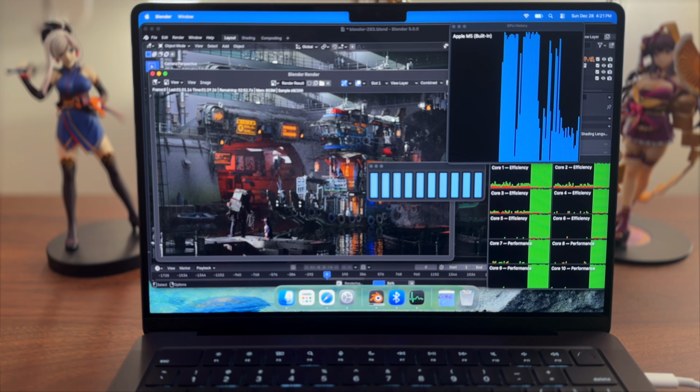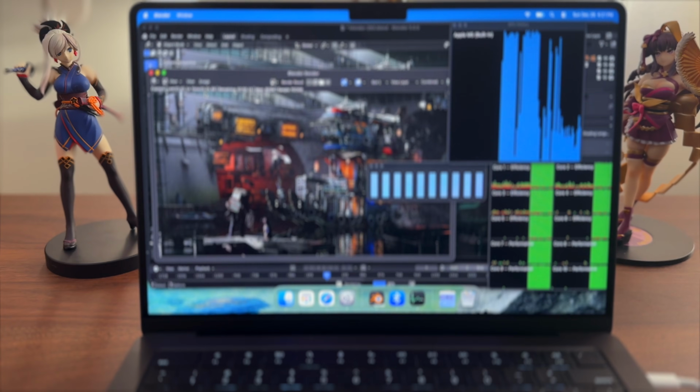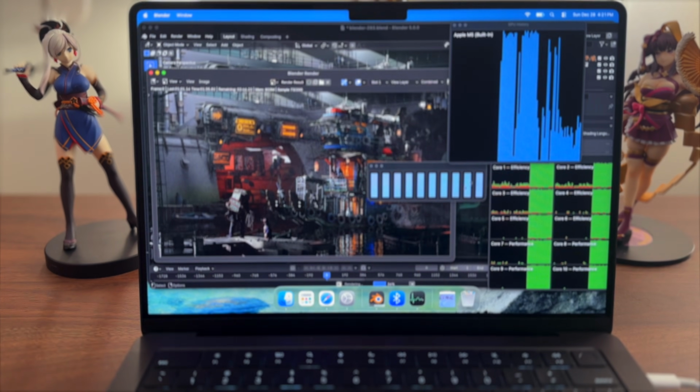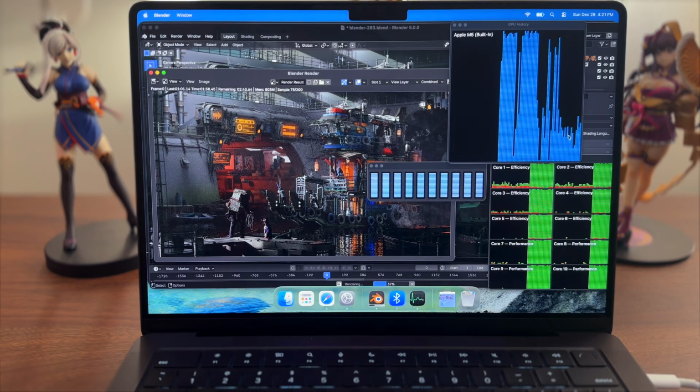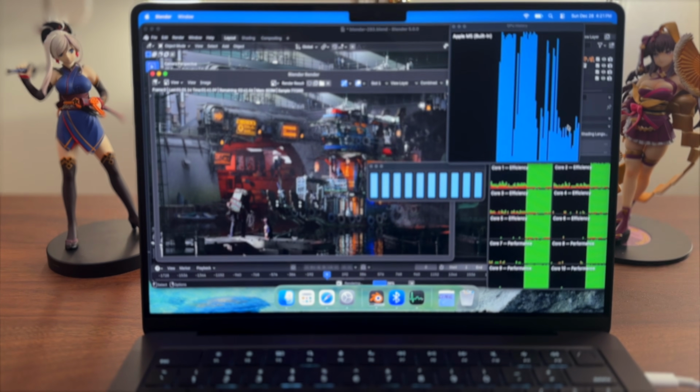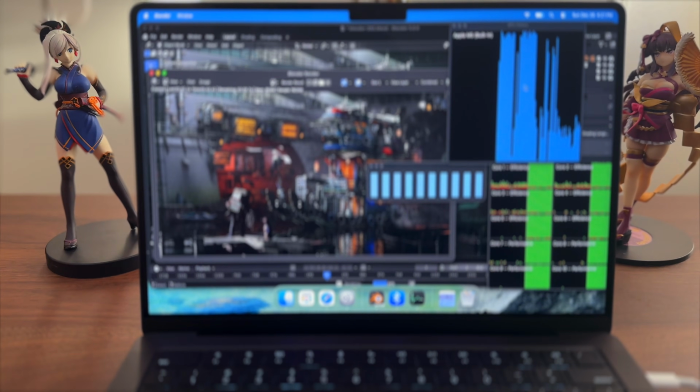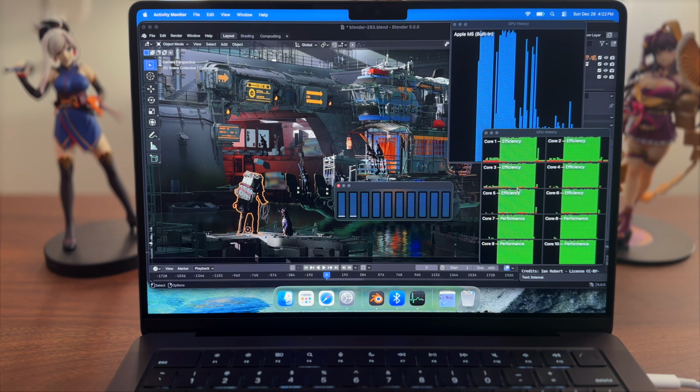So when we open Blender to see how much time we have left, we have 1 minute and 30 seconds, which I believe is enough data for us to see how all of these perform. But as you can see, the GPU is barely being used in comparison to when we used it the first time. So everything is slowing down right now, and as you can see, there is no more pressure in terms